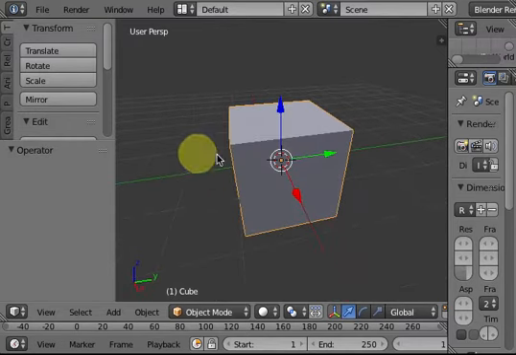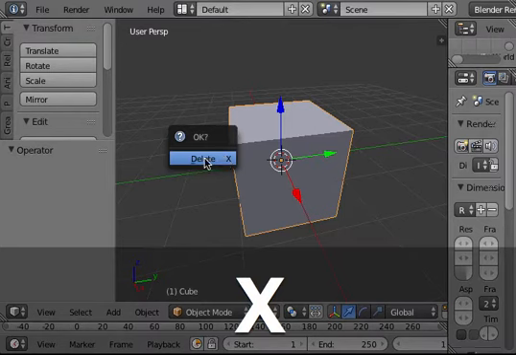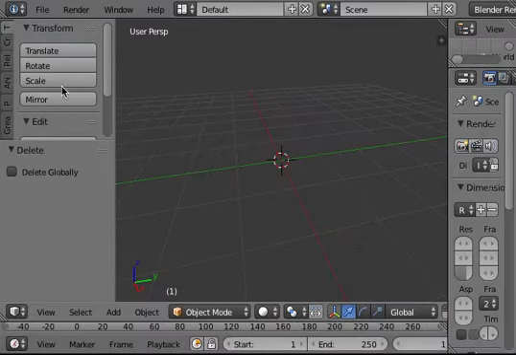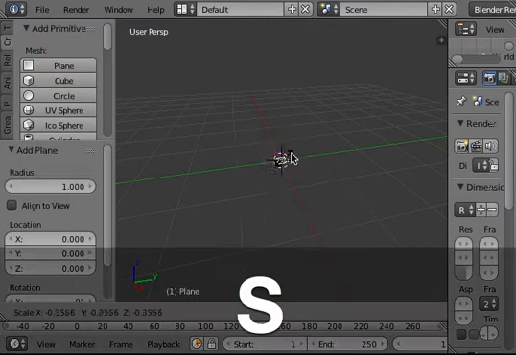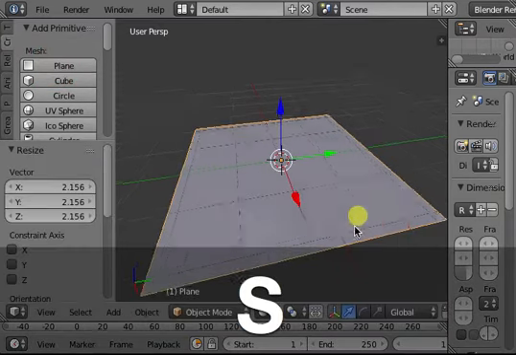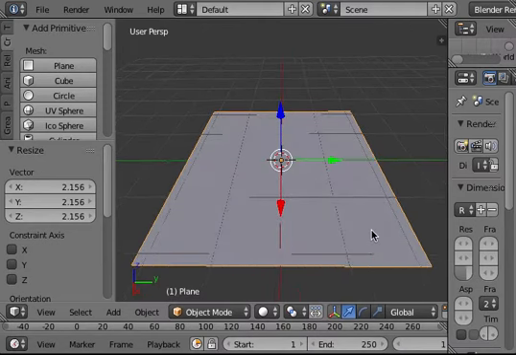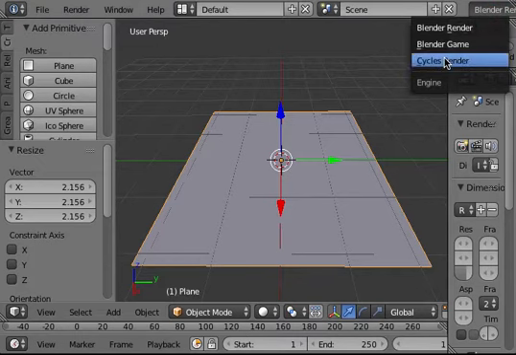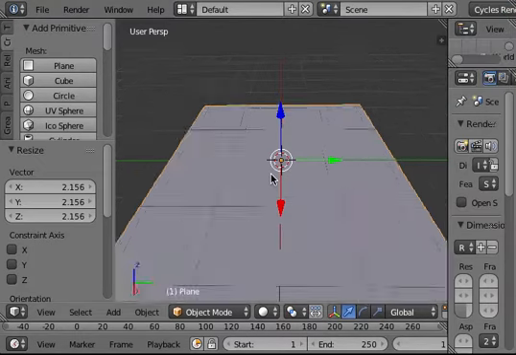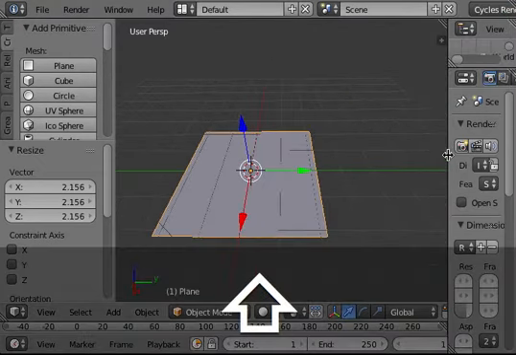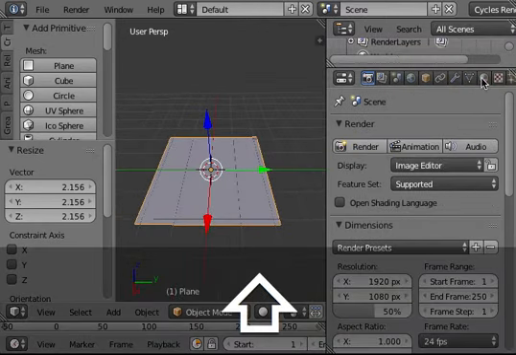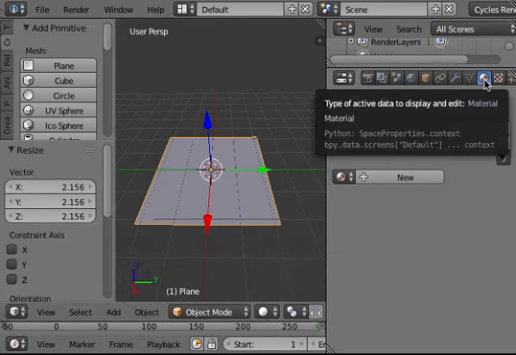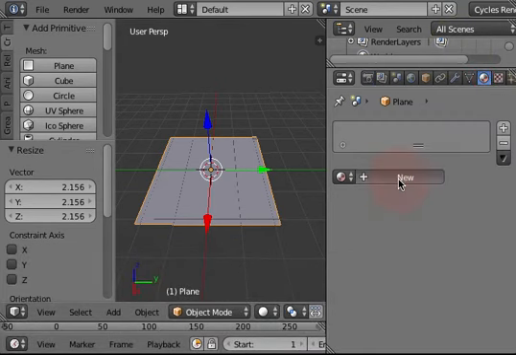So let's create a plane first to make it simple, like that. I'll scale it up a bit so you'll see better. I'm going to work in Cycles and apply a simple material on it. So I go to material, new,